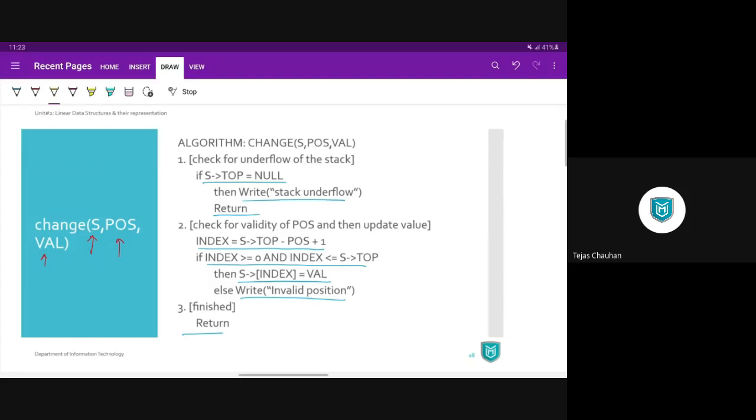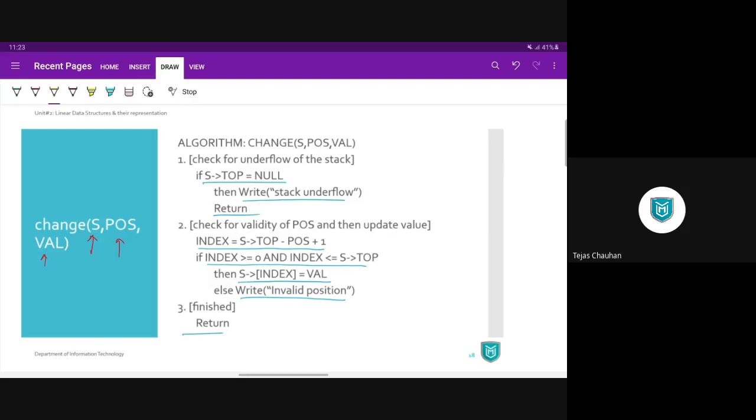Okay, so we have seen push, pop, peep, and change operation. And before that, we have seen init operation also. Now, all these operations have already considered is empty and is full conditions. So if your top is null, or in terms of programming, if top is -1, then stack is empty. And if your top is max, or in terms of programming, if your top is max -1, then you can say your stack is full. So is full function and is empty function is also done.